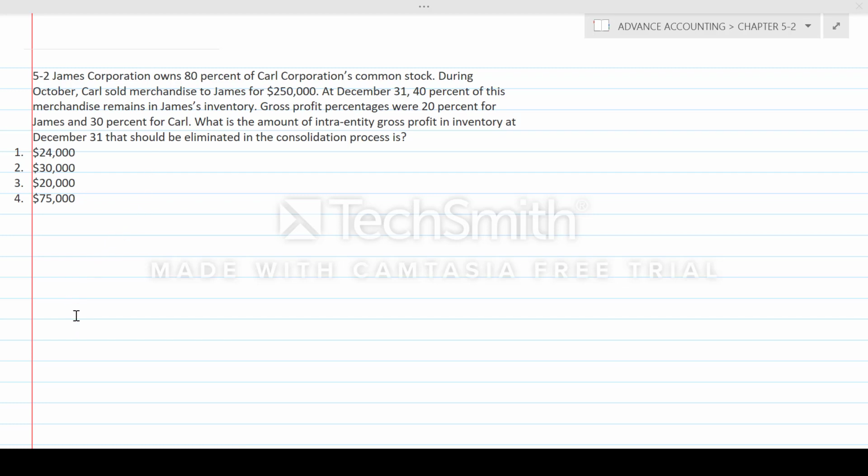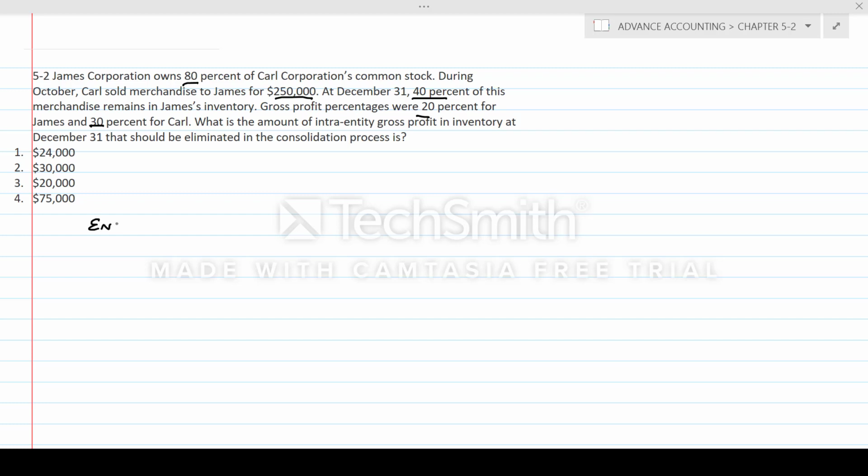So first step, we want to pull out our data. James Corporation owns 80% of Carl's Corporation. Carl sold merchandise to James for $250,000. 40% of the merchandise remains in James' inventory. Gross profit percentages were 20% for James and 30% for Carl. What is the amount of intra-entity gross profit and inventory at December 31st that should be eliminated in the consolidation process? So in order to calculate an intra-entity gross profit, we should use the formula